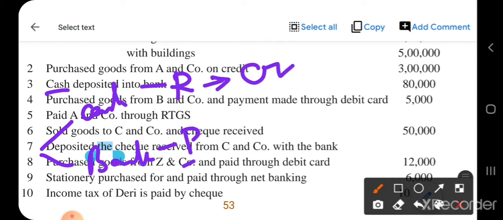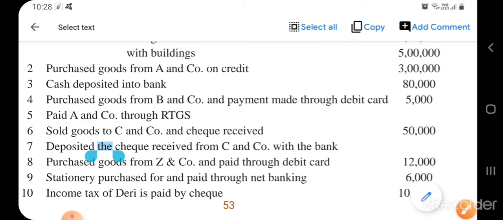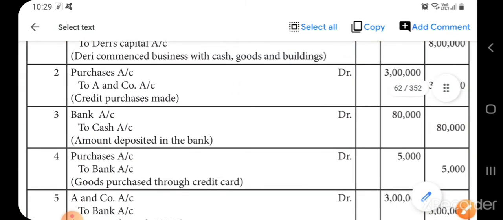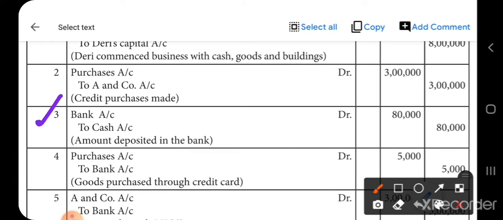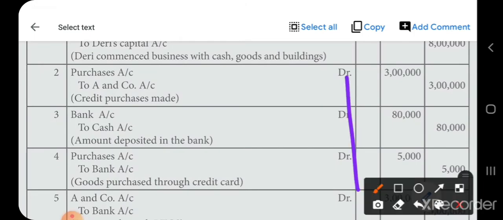Bank is a personal account. What is the rule for personal account? Debit the receiver, credit the giver. Here bank is receiving the money, so debit the receiver. Okay, now the entry will be bank account debit to cash account. The third entry is bank to cash 80,000. Narration you have to write, it is a must. Okay, the next one,